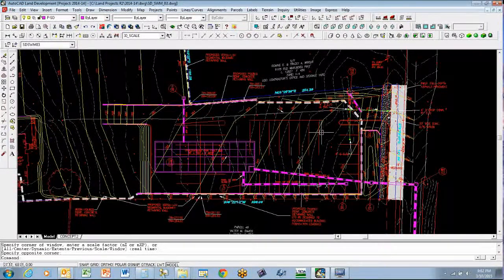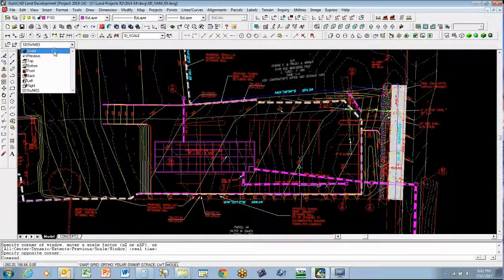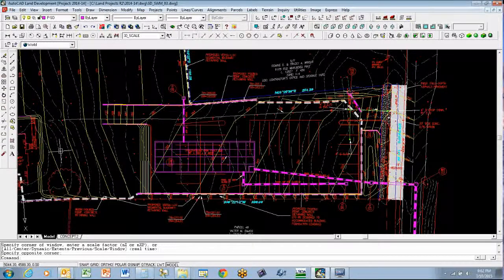However, something that's extremely important to note is that as you work with civil commands, with the various tools in Land Development Desktop, the Civil Design module, you cannot get the proper use of them unless you're in the real world coordinate system. So you must be cognizant at all times to place your